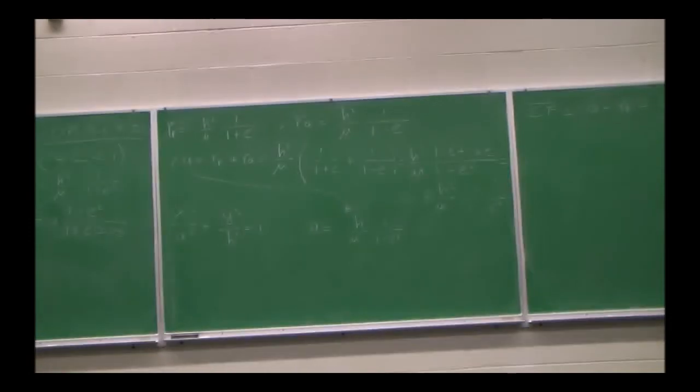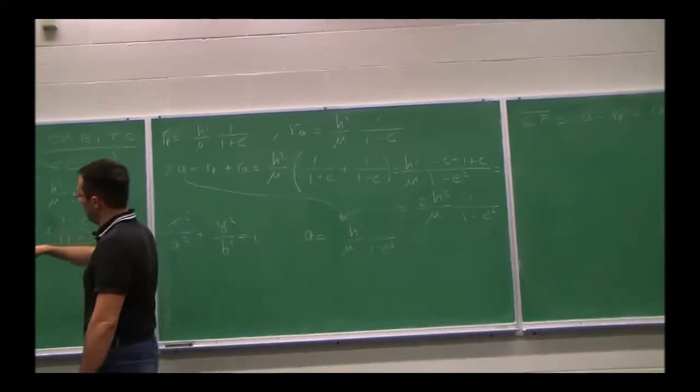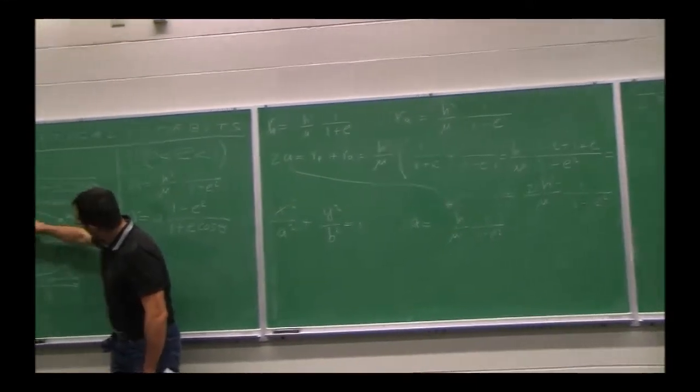Is that clear? Take the A expression that is there, h squared over mu, 1 minus E squared. If you multiply that times 1 minus E, you're left at the denominator with a 1 plus E, which gives you RP. So this is A minus A plus AE, which is AE. Okay, fine. That means in that triangle there, if I look at this triangle,